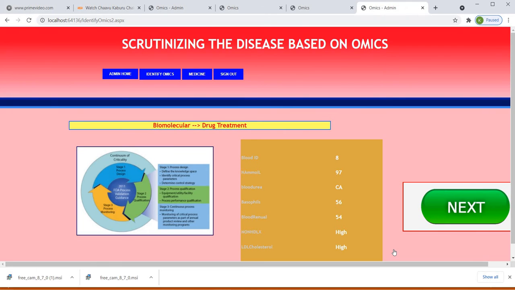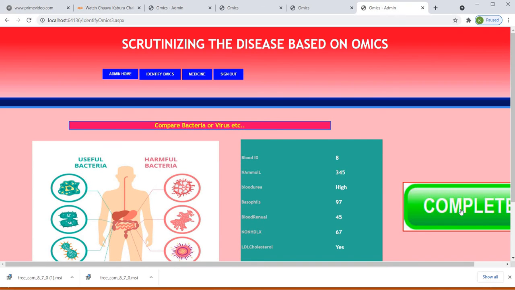After that there is drug treatment, meaning the levels in the blood test, what is there and how much, and all that we have.